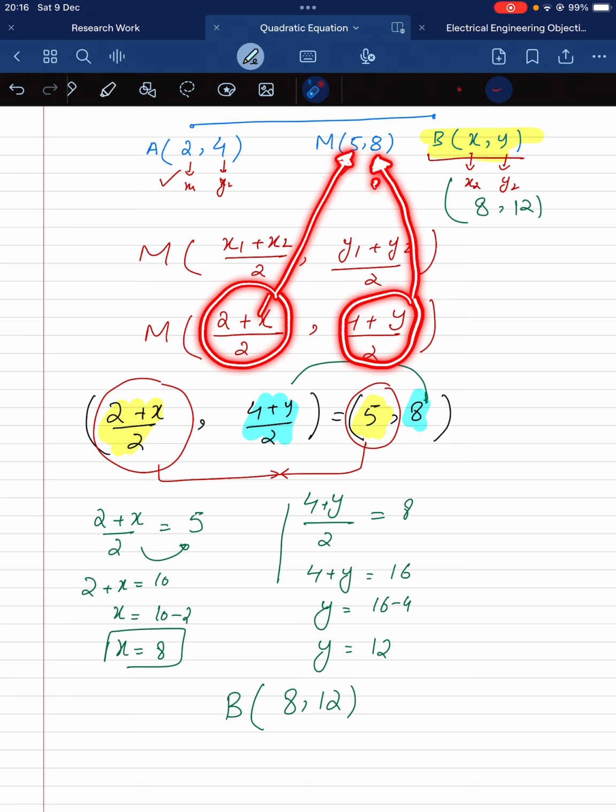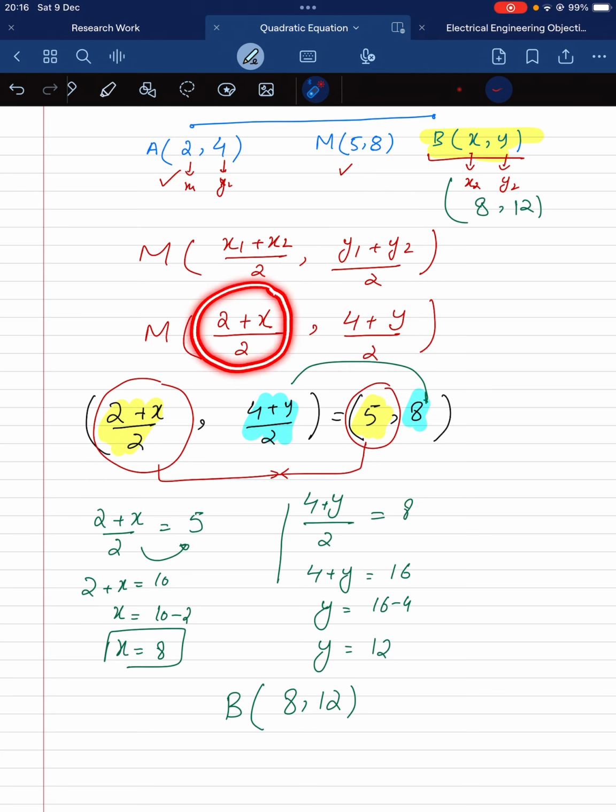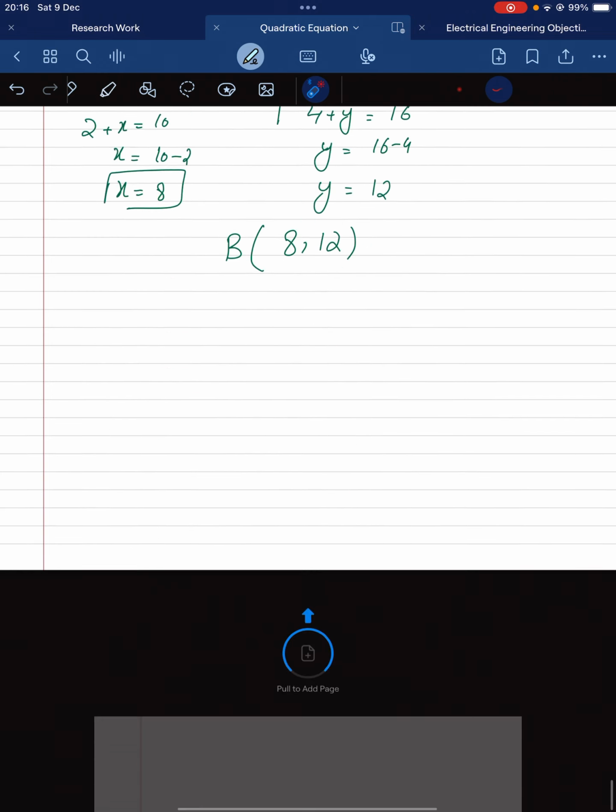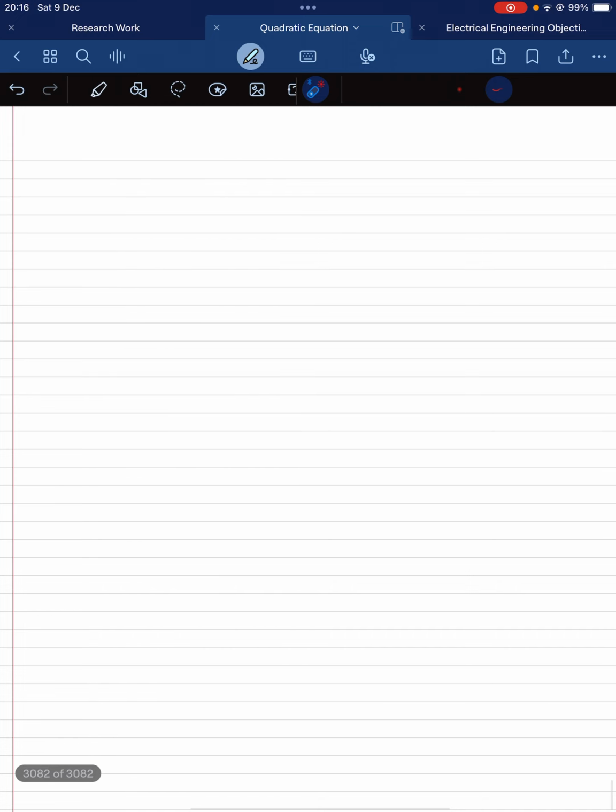Okay, by comparing them, because this is the x in this midpoint and this is the x in this point, so both x are equal to each other, and this 8 is equal to this quantity. By equating them, we can find out the value of x and y. So this type of question could be asked in the exams. And the next question is,